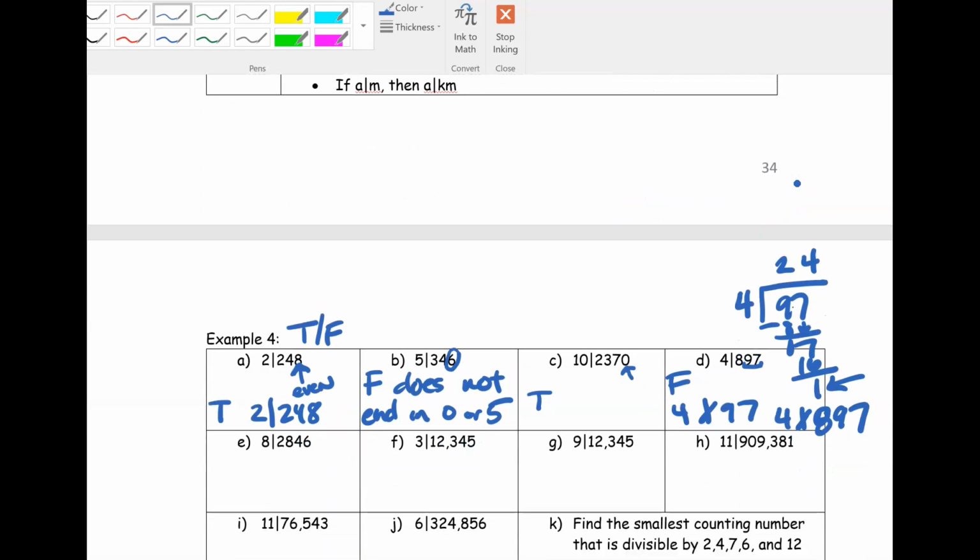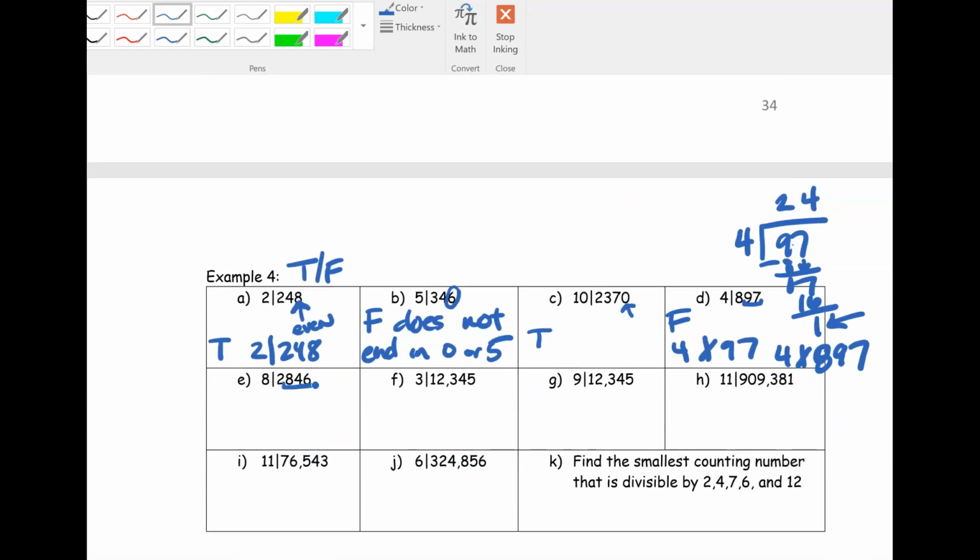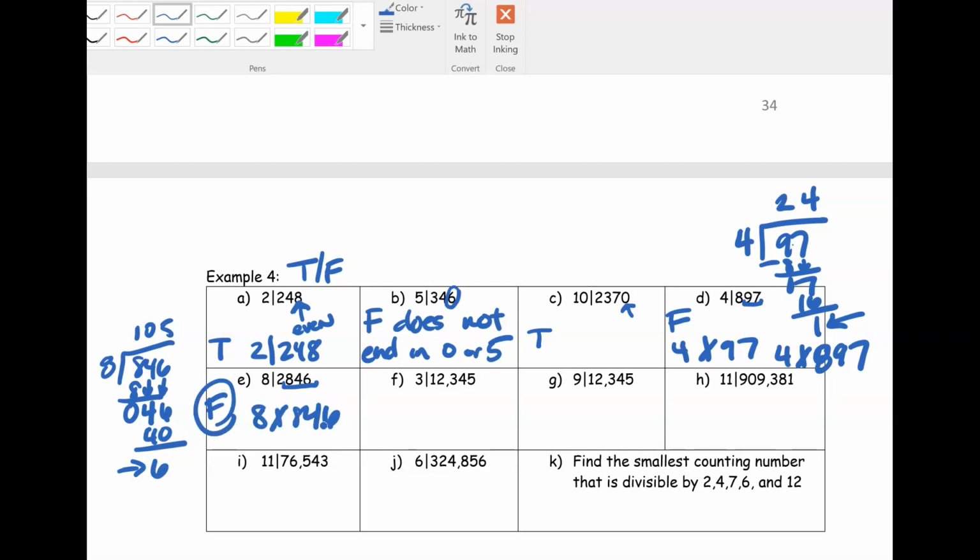So let's look at our example. I'm going to look at 846, and I don't know just off the top of my head if that's divisible by 8. So over here, I'm going to divide by 8. Now, you might be saying, okay, this isn't fast. Well, it's not super fast, but it will be faster than the 2,846. So it saves us a little bit of time. 8 goes into 8 once. 8 does not go into 4. Bring down the 6. 8 goes into 46 5 times, and you're left with a remainder. So you're going to say false because 8 doesn't divide 846, so it can't divide